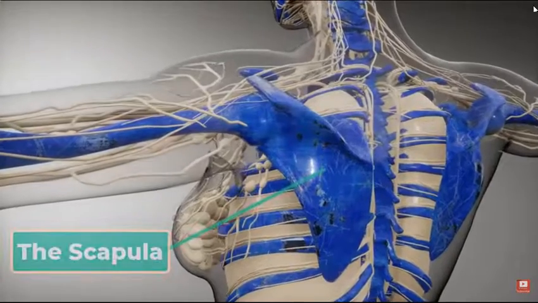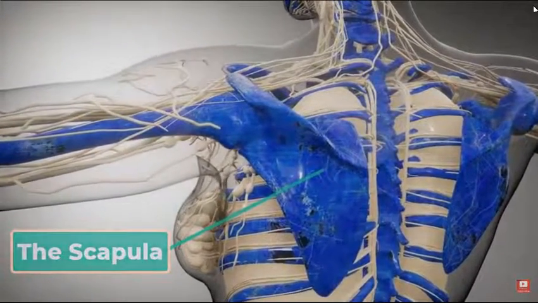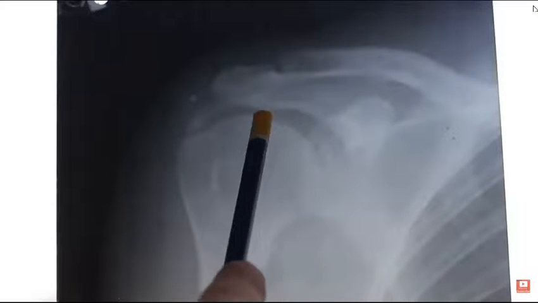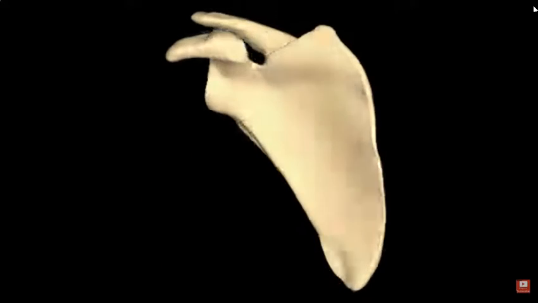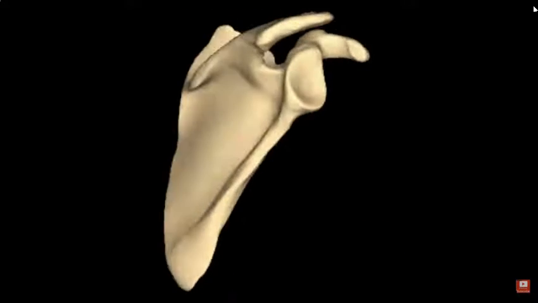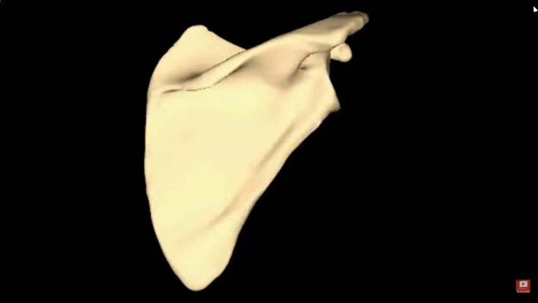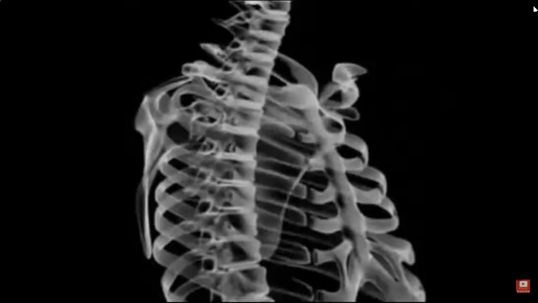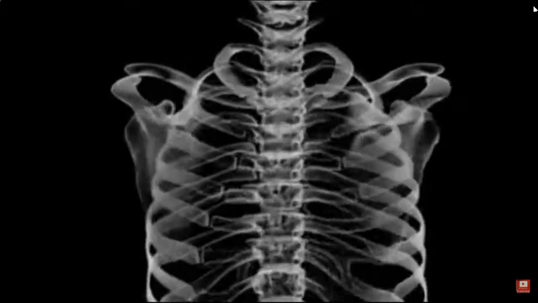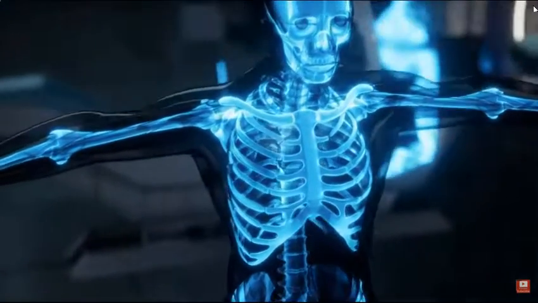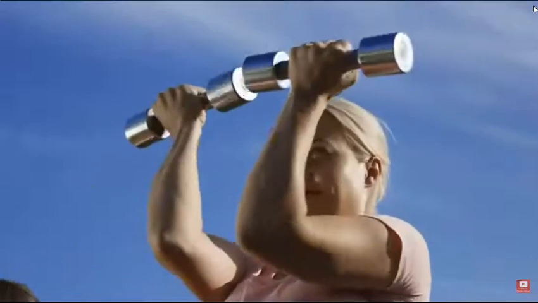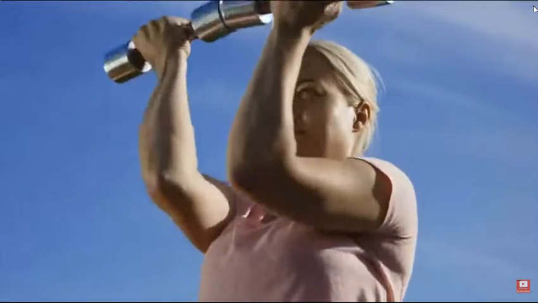The scapula, or shoulder blade, lies on the posterior aspect of the shoulder. It is supported by the clavicle and articulates with the humerus to form the shoulder joint. The scapula is a flat, triangular-shaped bone with a prominent ridge running across its posterior surface. This ridge extends out laterally, where it forms the bony tip of the shoulder and joins with the lateral end of the clavicle. The clavicle of each pectoral girdle is anchored to the axial skeleton by a single, highly mobile joint. This allows for the extensive mobility of the entire pectoral girdle, which in turn enhances movements of the shoulder